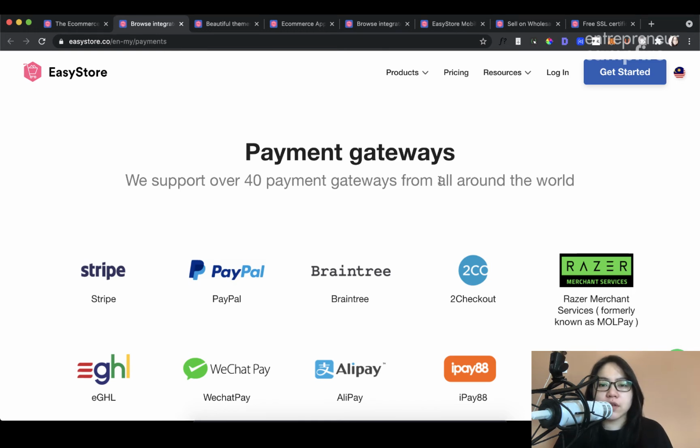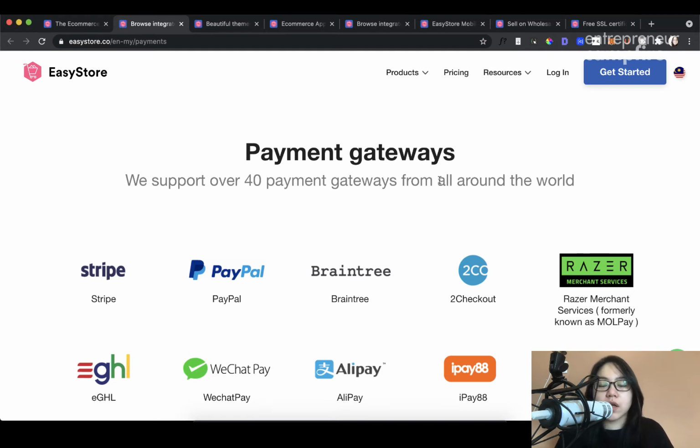Payment gateways are essential for any e-commerce store if you want to reduce the manual work of getting your customers to bank into you and then you saying, okay, your payment is confirmed, so now I'll ship it out. With a payment gateway integrated into your store, this can happen automatically. So your customer can put a product in their cart, check out, make a payment through any of these payment gateways, and once that payment goes through, the order is confirmed and the money is already in the bank, and you can safely start shipping out their products to them.